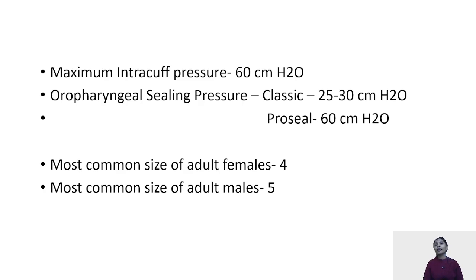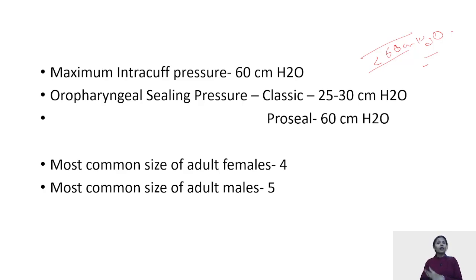If you clearly see that airway tube, please go to the OTs to have a look at the supraglottic airway devices. On the airway tube, there's always mentioned less than 60 centimeter of water, which means the intra-cuff pressure, because I told you it is cuffed, the ventral cuff and the dorsal cuff is present, and an inflation tube is there and you add air into that inflation tube. How much volume of air has to be introduced depends upon what size of LMA you have inserted.